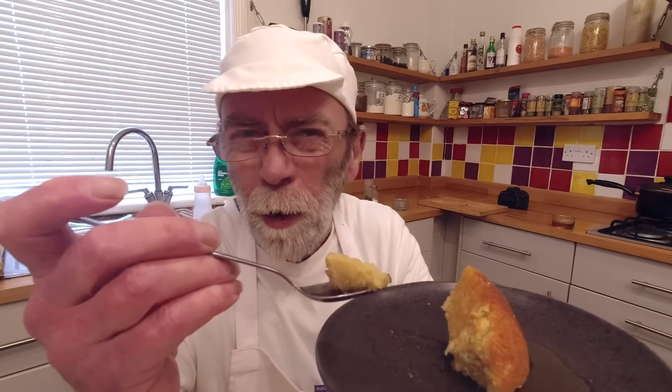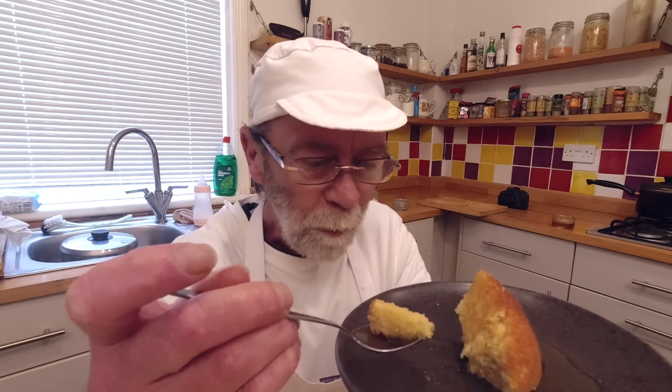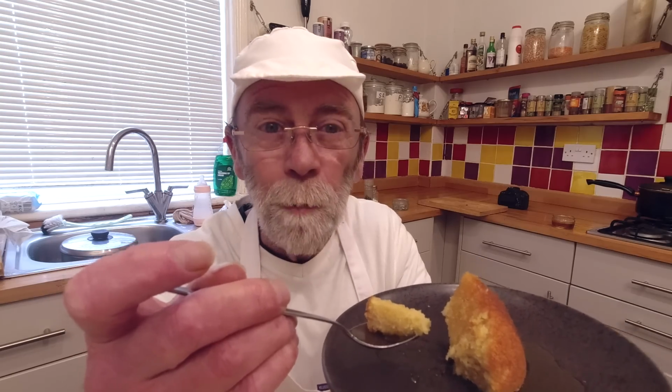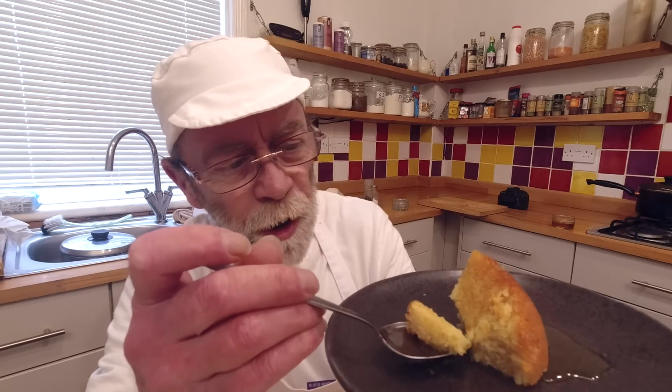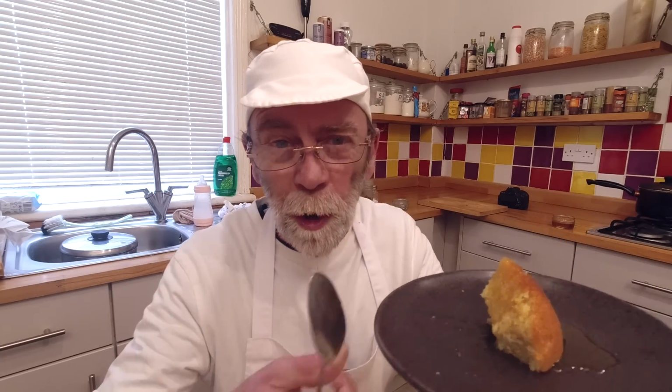As you saw, very, very simple cake batter to put together, and then it's simply a matter of having it on the boil for about just over an hour and a half. It has turned out beautifully light, really stodgy and filling. That is marvellous. Okay, sorry, but look,